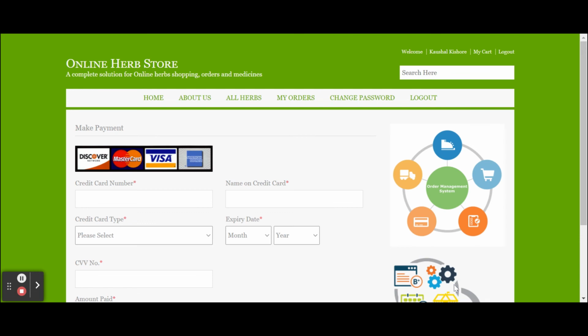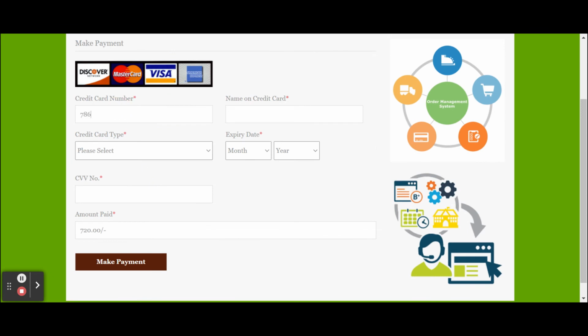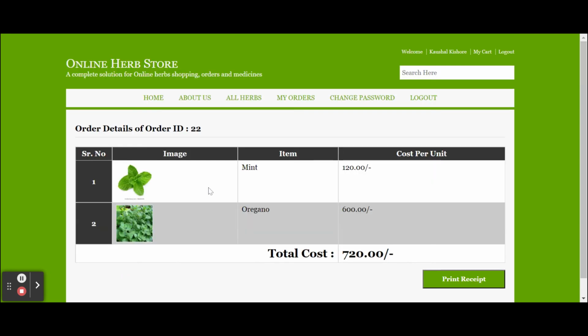Once you click on proceed to payment, you will get this payment page. This is a dummy payment page. There is no external transaction we are doing. This is a total dummy page. No need to enter any credit card details. You need to enter just any bank details, right? Here the month, expiry date, Visa type, and the CVV number. The total amount you are going to pay is 720, and this is a non-editable field. You can't edit it. Once you click on make payment, that payment will be saved and your order will be placed, and you can see your order number is 22.